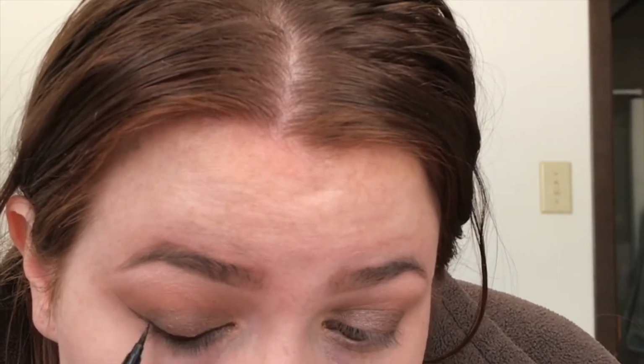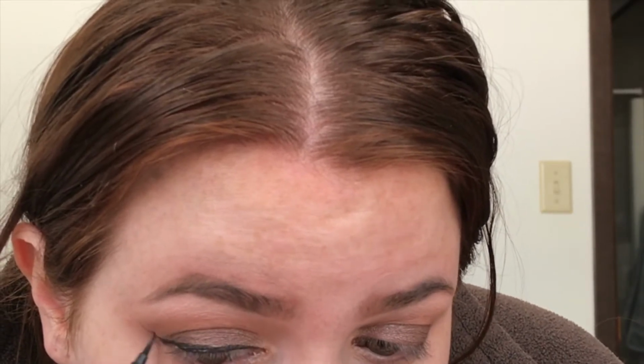And here I am doing a little wing liner action. Definitely am not perfect at this, but I'm getting there. Following that, I'm going to go in with the Loreal Lash Paradise mascara, and then I'm going to start on my foundation, which is the It Cosmetics Illuminating CC Cream, and I'm going to dot that on my face and blend it in with the